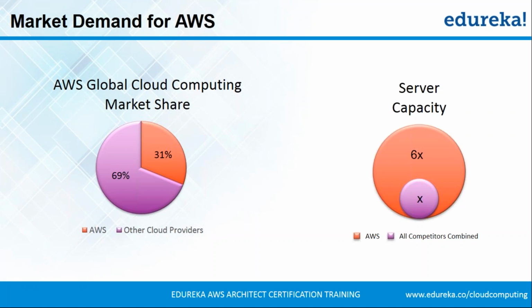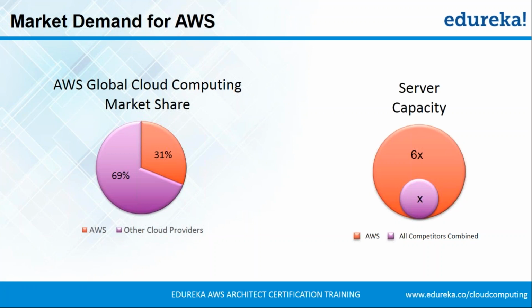Right? Imagine yourself as a client. You have a very successful application that you have been hosting on your own private data centers. Now you know that your application is successful, and you know that it will be more successful in the coming years, right? If you were to make a move to the cloud, which cloud provider will you choose? Wouldn't you choose AWS, which has 6 times the server capacity of all its competitors combined? Your application can easily grow on that kind of infrastructure. So it would be a safe bet to make a move to AWS, and that is the reason people still believe in AWS and why AWS is still a leader in the market.